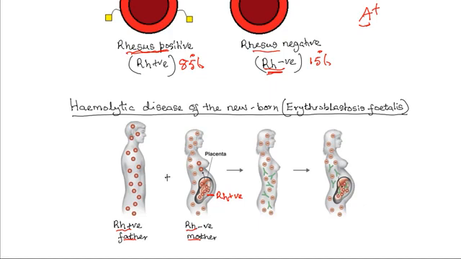The mother's immune system responds by producing rhesus antibodies. So the rhesus antibodies are produced in response to the presence of the rhesus positive red blood cells. Now, the rhesus antibodies destroy some of the red blood cells of the fetus because these antibodies can pass across the placenta back into the fetal circulatory system. So, within the fetal circulatory system, the rhesus positive red blood cells are destroyed by the anti-rhesus antibody. Now, the firstborn child has a higher chance of survival because the destruction of the red blood cells is minimal. However, in the subsequent pregnancy, if the fetuses happen to be positive, then there's going to be massive destruction of